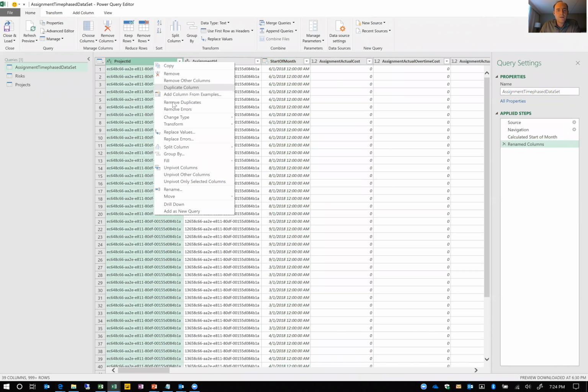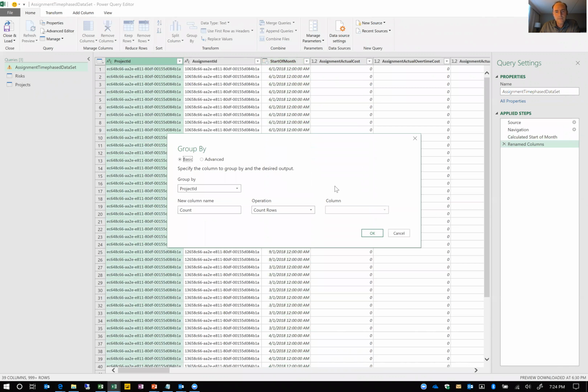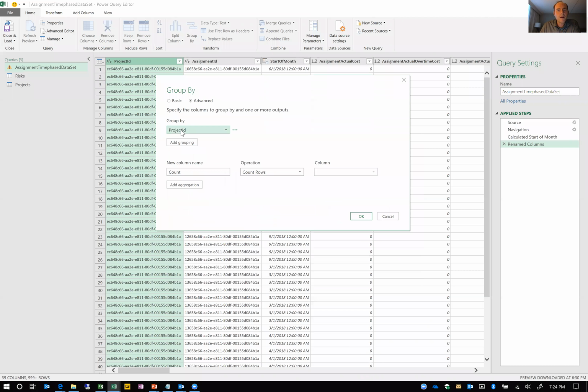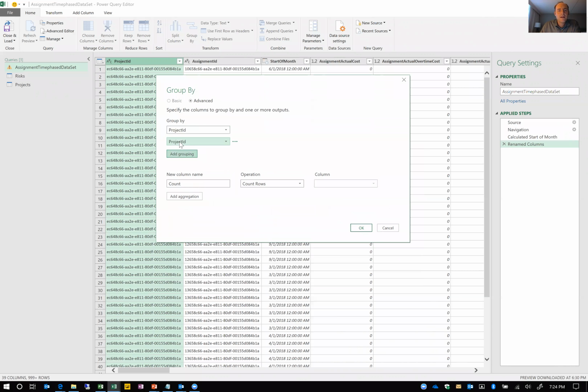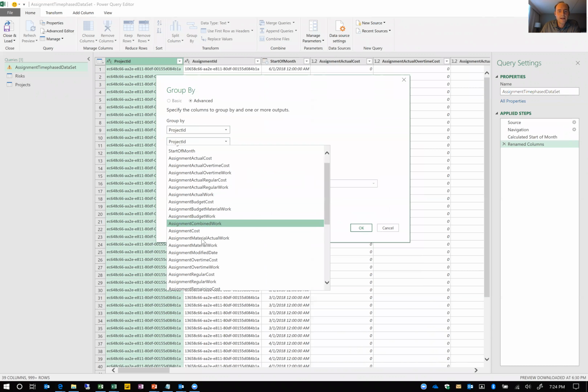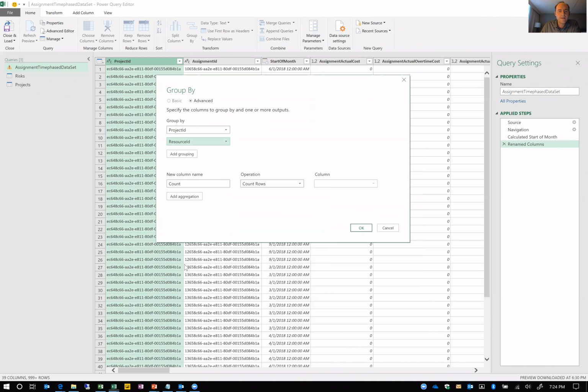So I'm going to do something called a group by. And in my group by, I'm going to change to advanced. And I'm going to group by the project ID. Then I'm interested in over-allocated resources. So the next thing I'm going to group by is my resource ID. So it's going to give me